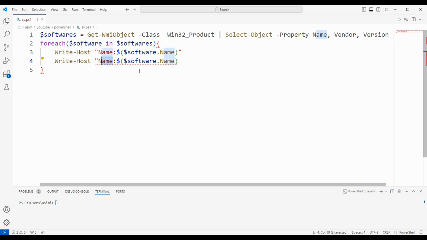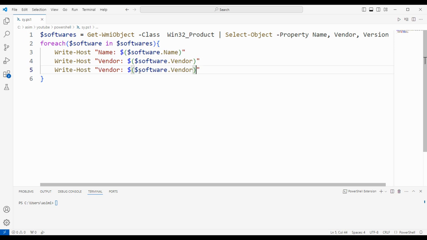and then we are going to print vendor, software vendor, and then version. So our software version,